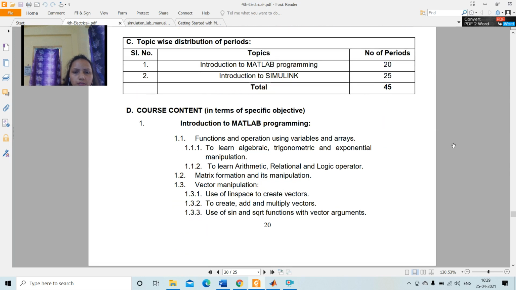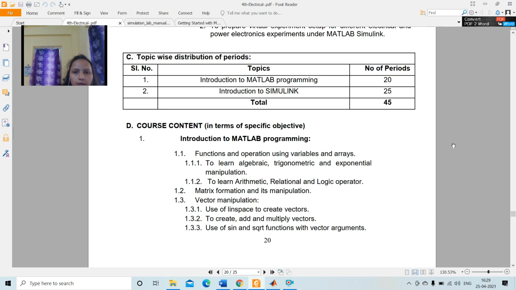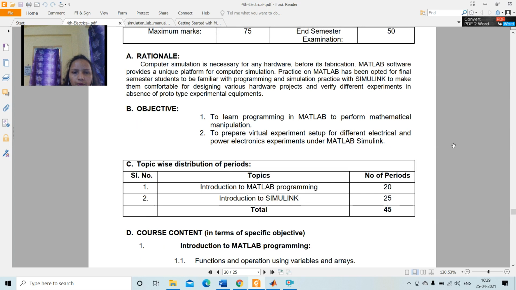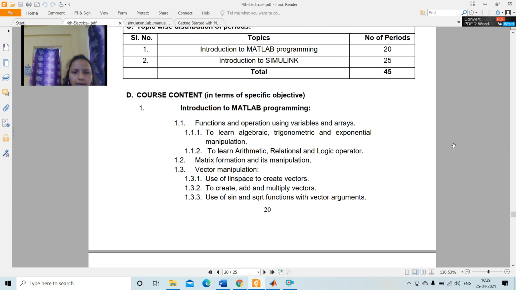First we will discuss MATLAB programming. In MATLAB software we are doing some programming where we will perform some mathematical manipulations like algebraic, trigonometric, exponential manipulation, arithmetic, relational, logical operators.